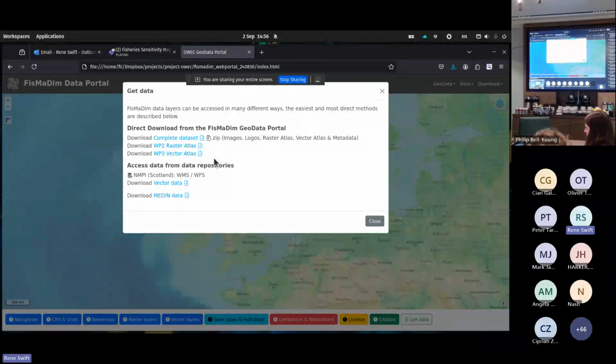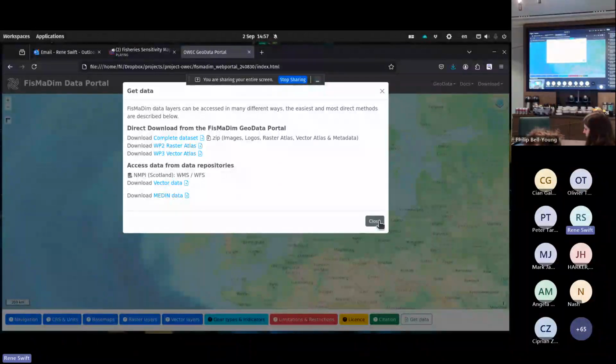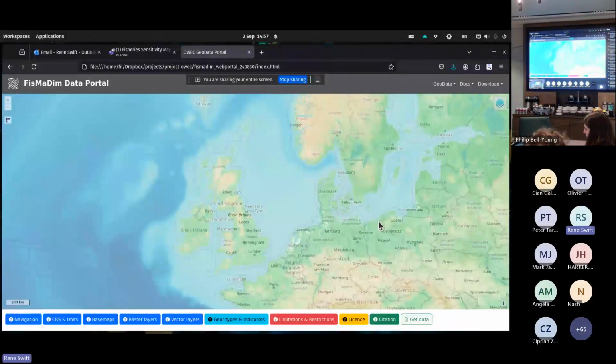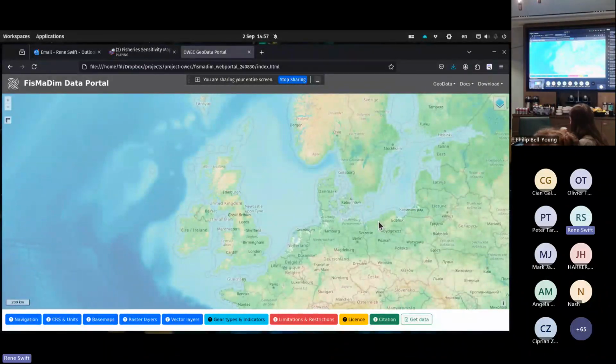That's work package 2 output and work package 3 output, or you'll find links to find them on data repositories such as the Crown Estate data portal or National Marine Planning up in Scotland. So I think that's the web portal. It will be updated slowly over this month to have a final release at the end of the month.